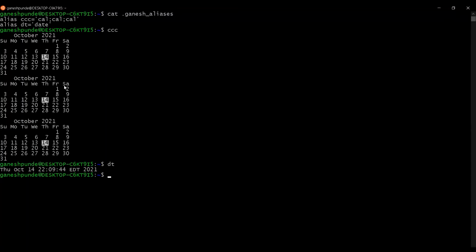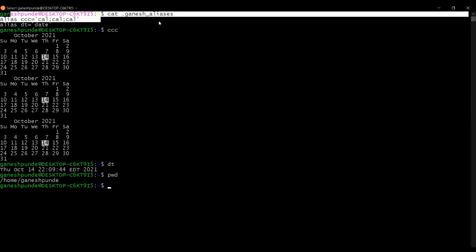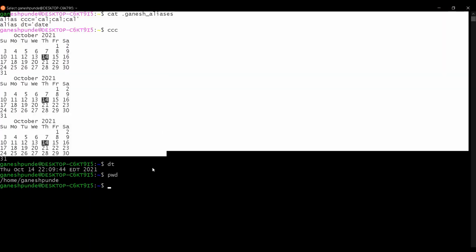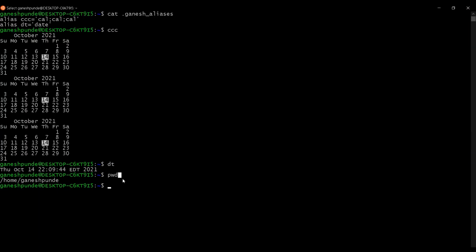So basically, you should create the alias file name, and that file needs to be present in your home directory. So this is your home directory. In that, if you include that alias file name, then you can use the alias. So this is the permanent way, if you want to refer to the aliases permanently, you can create them in 2 ways.